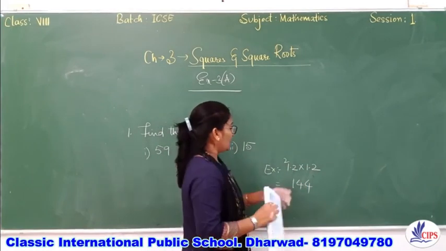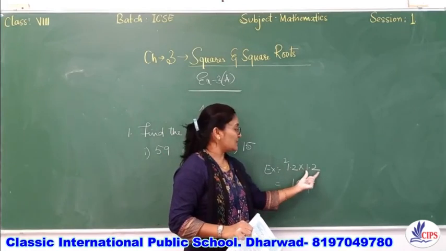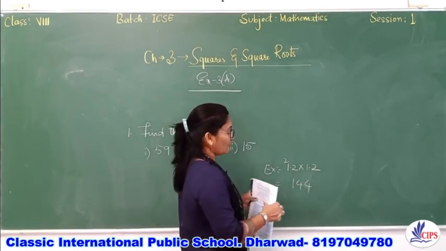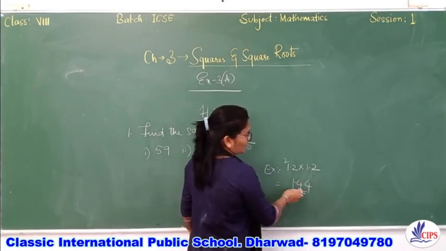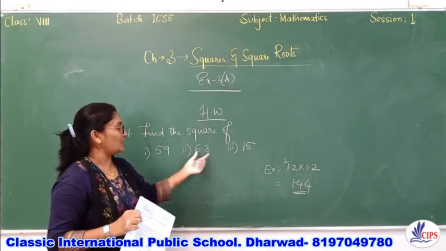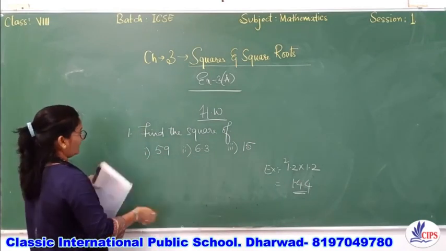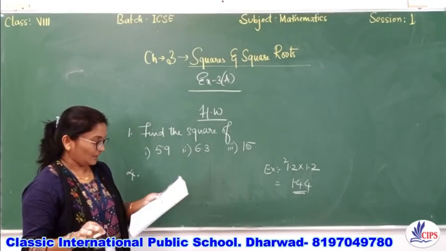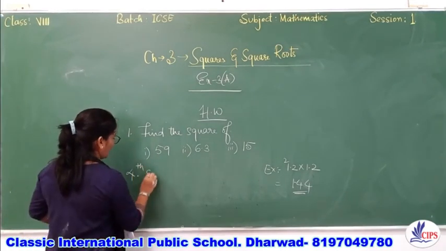But here instead of 12 we have got 1.2 into 1.2. Here both are decimal numbers. We have got two decimal places when you count this total. So for the answer, after counting two decimal places you need to put the point. So it's 1.44. Here also you need to do the same thing for 6.3. So first main will be for homework and even the fourth sum. Try to solve it. If you don't get it, I'll send the PDF file. You can solve it by seeing that. So fourth sum is also for homework.